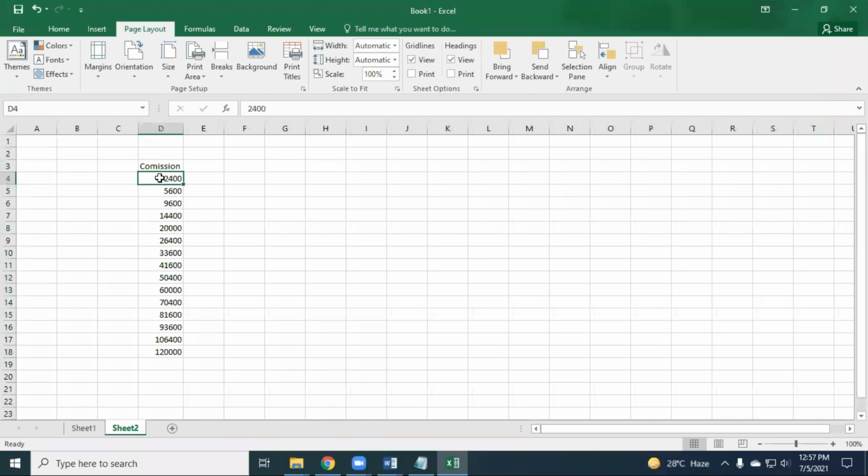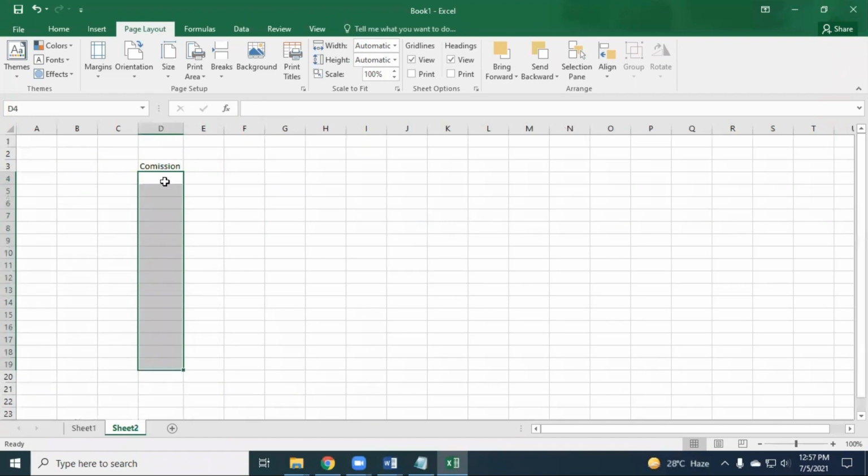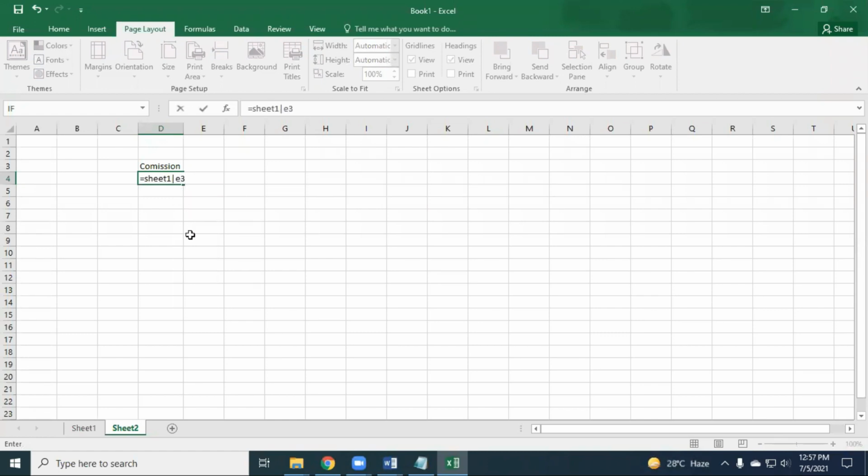So it's very difficult. In that case, what you should do is use the sheet name; this is the sheet name and the cell name is E3. Where you would like to bring the value, select the cell, type equal to sheet name, Sheet1, exclamation, then E3. The data was in E3.